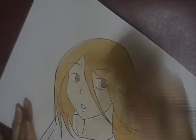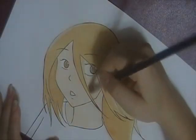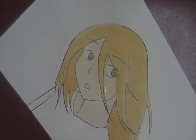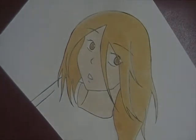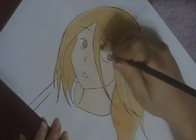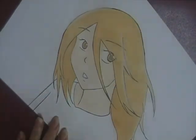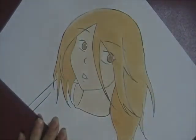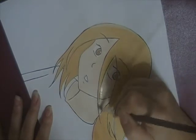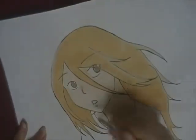So here are the highlights after they dried, and now as you can see here, the color of her skin tone, I did it, and I was working on shading it, but while I was shading the skin tone, I made a mistake. You see, the line that I did was unneeded. It just made the shadowing of her face look weird, and I just wanted to remove it, but it was already dried, so I couldn't dip a tissue on it. So what I did, by pure accident,